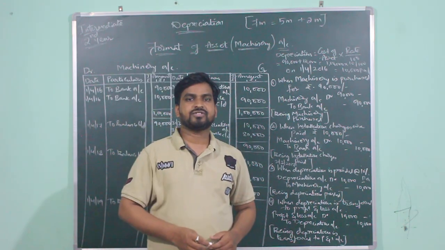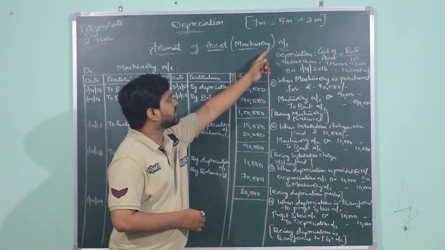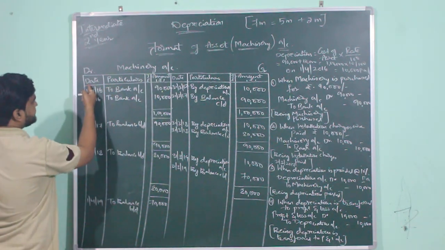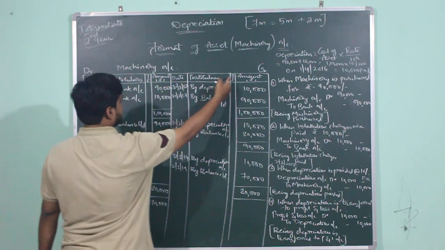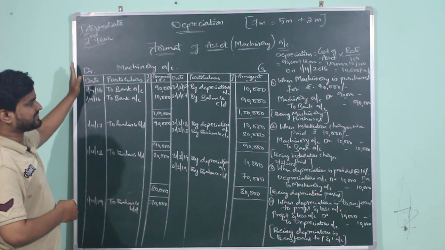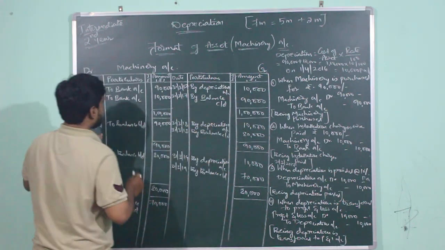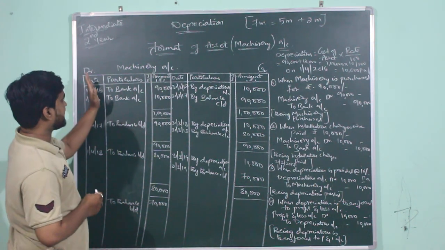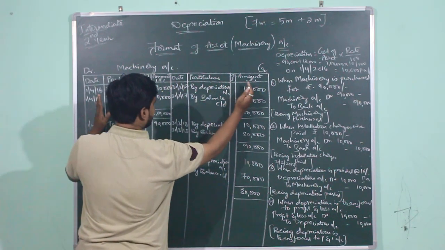Now let us see what is the format for the asset account. What is the name of the asset that we are purchasing? Machinery account. So we will be preparing an account called machinery account, and the format for it is date, particulars, journal folio, amount rupees, date, particulars, journal folio, amount rupees. To the extreme left you will write DR, which means debit, and to the extreme right you will write CR, which means credit. So here also we have the format as date, particulars, JF, amount. This is represented as debit. Here also we have the format date, particulars, journal folio, amount. This is represented as credit.